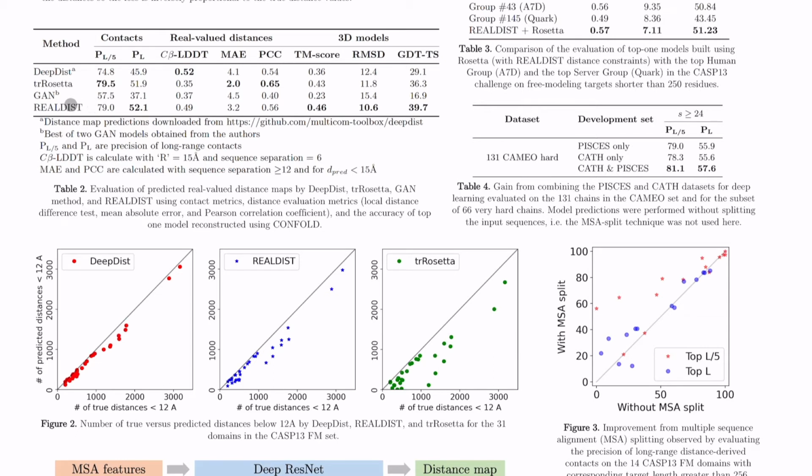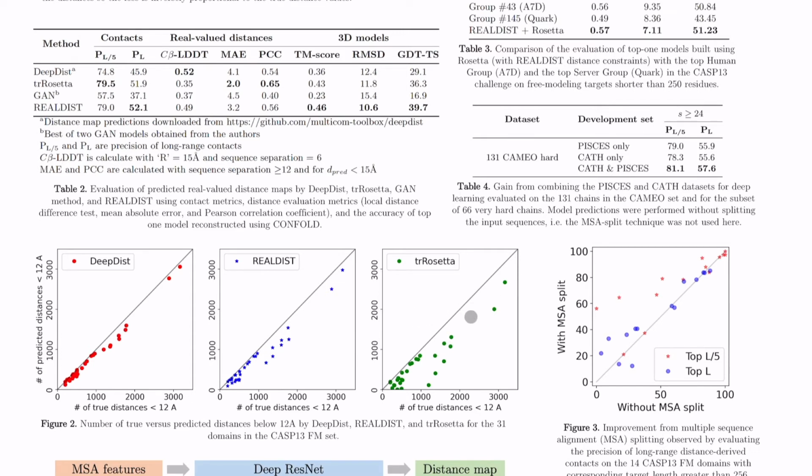Interestingly, we found that REALDIST does not have as good MAE and PCC as the TR Rosetta method. But when we took these distances and built 3D models using Confold, we found out that the models built by the REALDIST distance maps are slightly better than TR Rosetta and much better than other methods. So we investigated why this was the case, and we found out, as we see in this figure 2, that